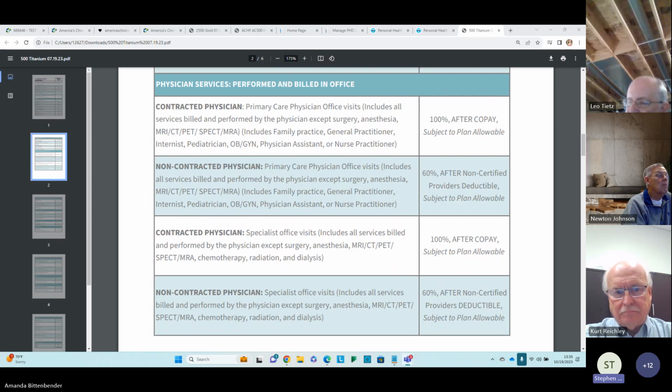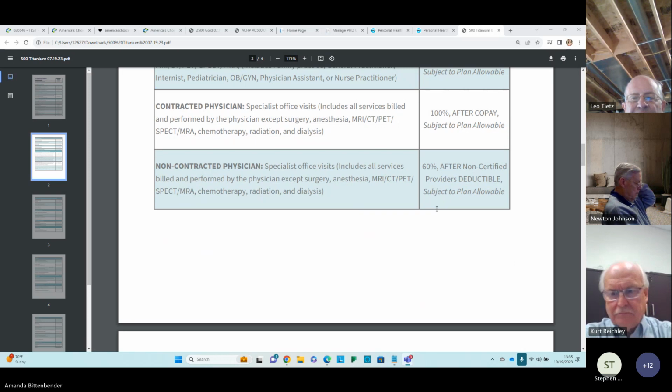If you're out of the network, there is no copay, and we're paying 60/40. Again, all percentages apply to coinsurance. If you'll scroll down a little bit more,